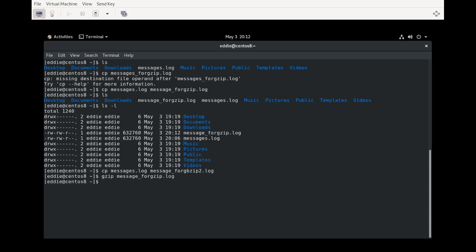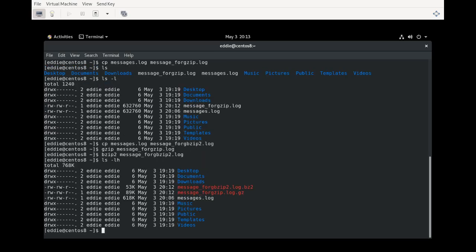And now for bzip2, it's literally the same command, bzip2, and then we're going to do message4bzip. So I misspelled that. All right, and let's look at ls -lh,